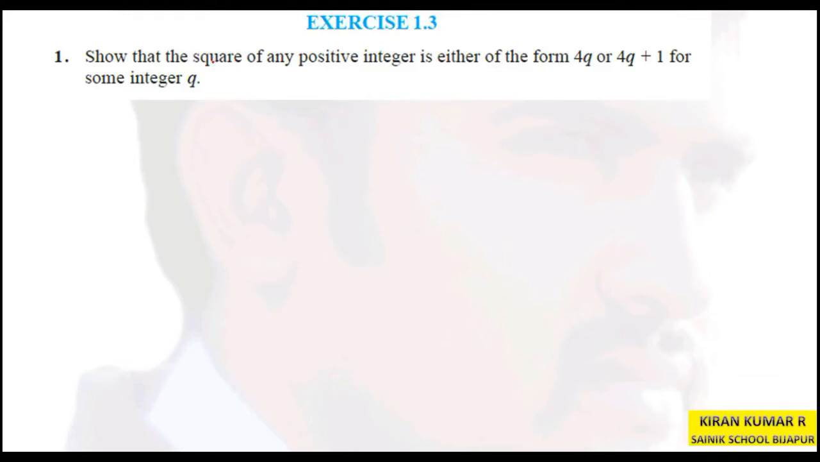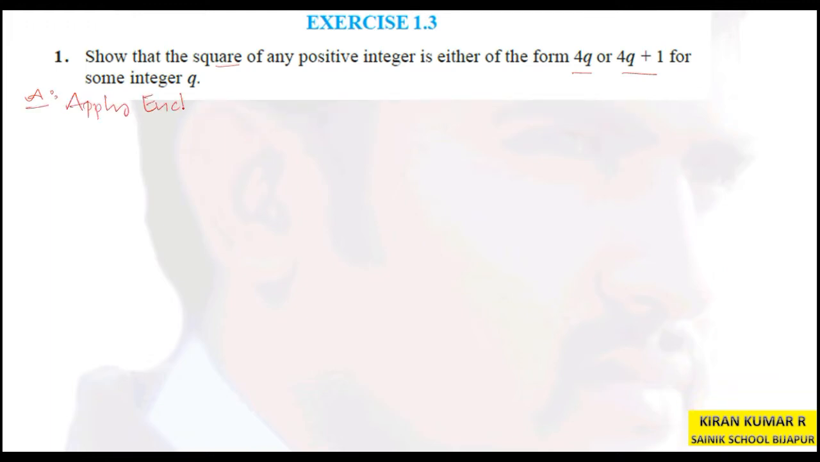In this session, let us solve some questions from exercise 1.3, which is of long answer type. First question is show that square of any positive integer is either of the form 4q or 4q plus 1 for some integer q. Solution: apply